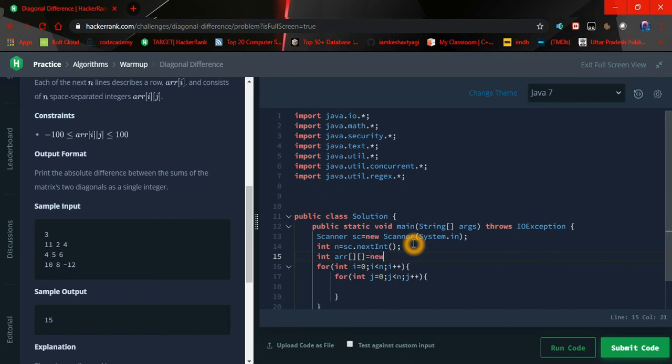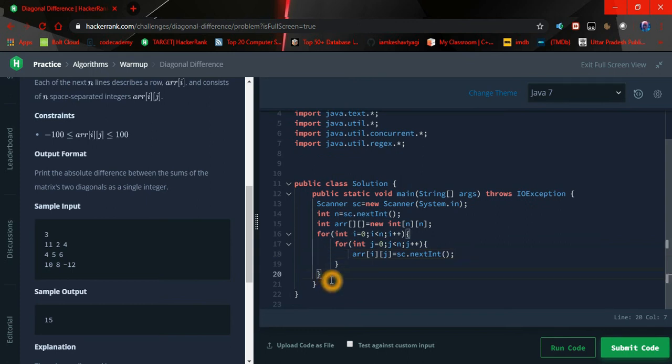Now new int, and we have to give the size as n because there are going to be n rows and n columns. So now arr of i j is going to be equal to sc.nextInt. Simple. So we are done with the input.